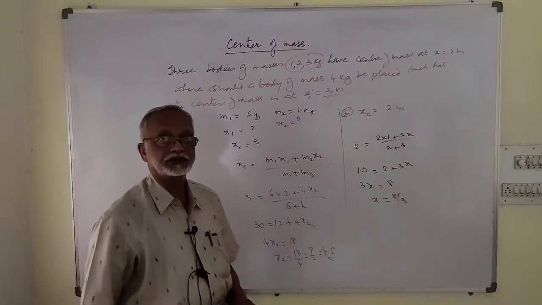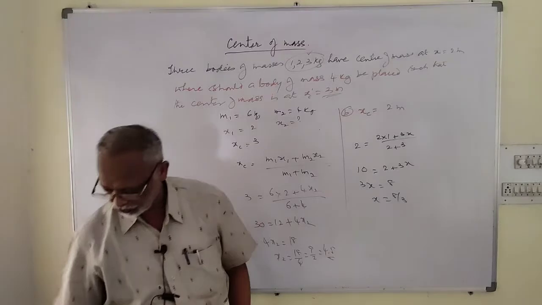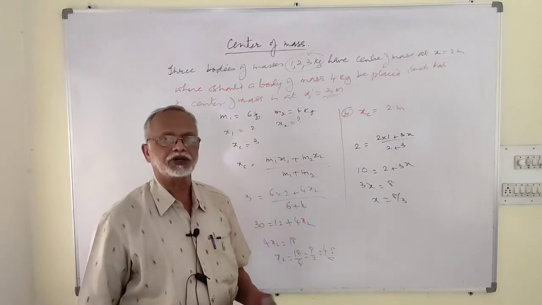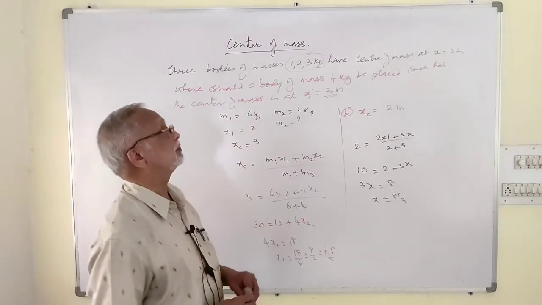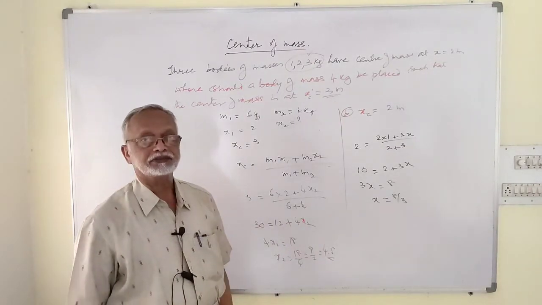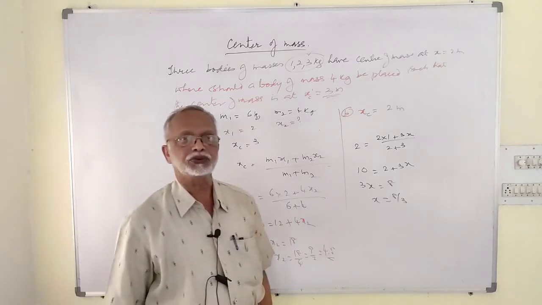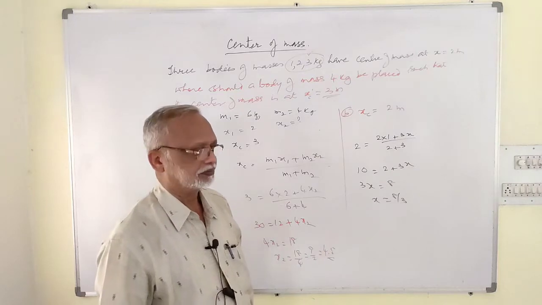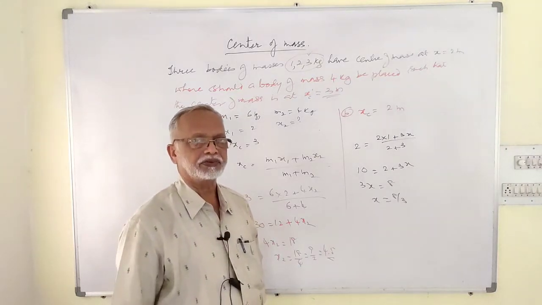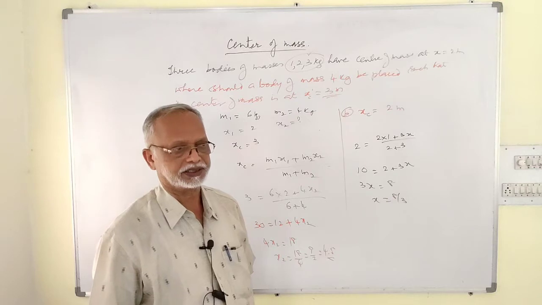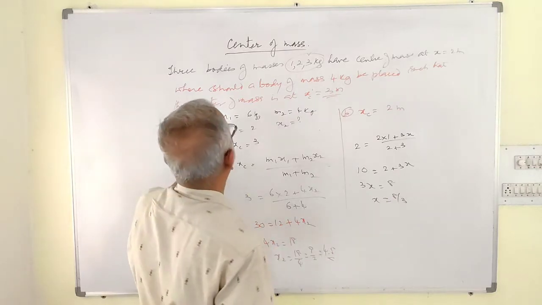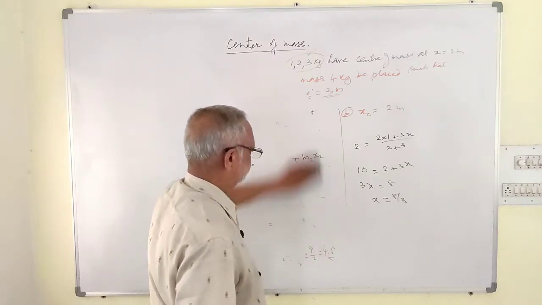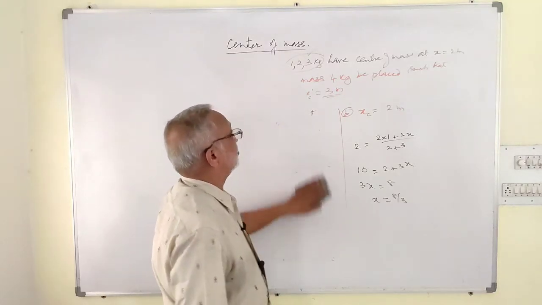I hope it is clear to you. Even though we have got a group of bodies, all of them can be regarded as a single body. In fact, there are 4 bodies involved here, but this problem is reduced to a 2-body problem. After this, we will consider a number of bodies placed along x-axis. In this case, you should be familiar with series, sum of the series.